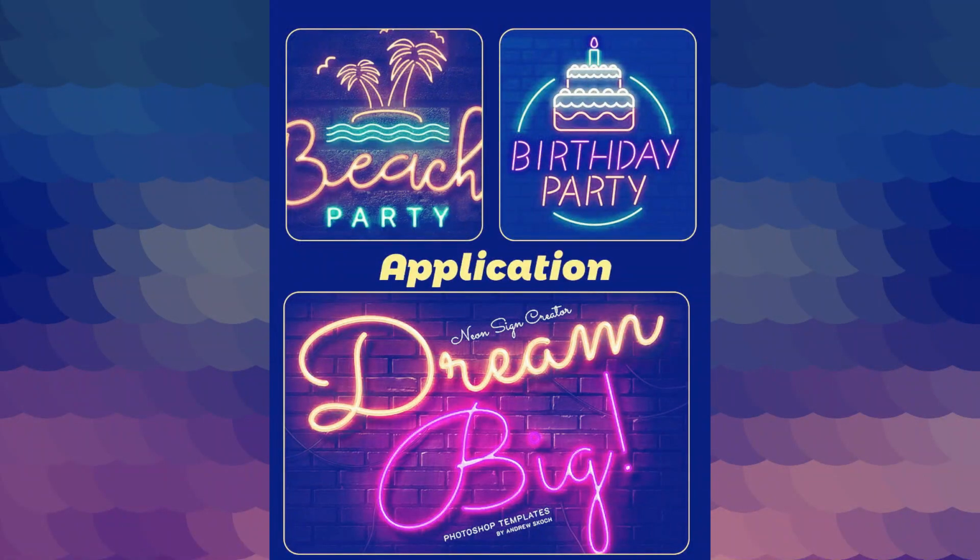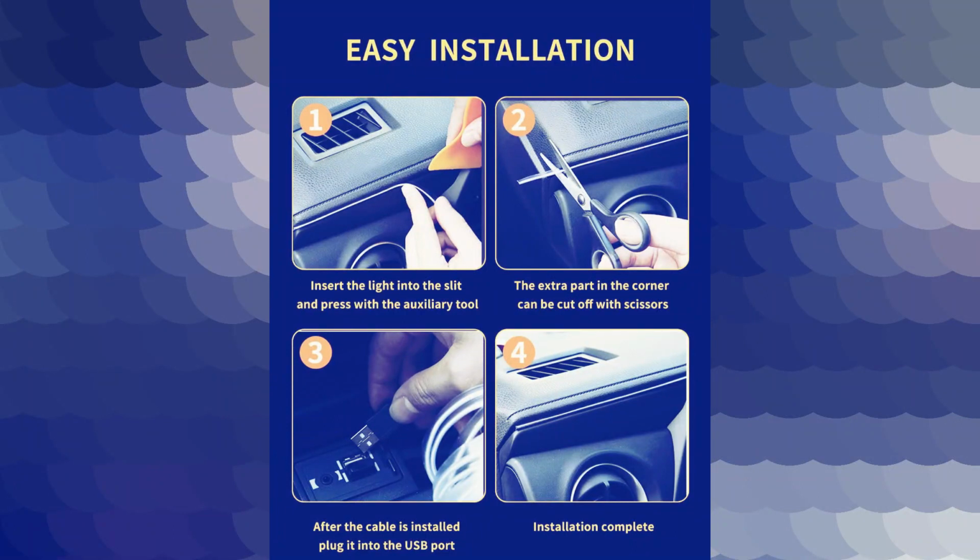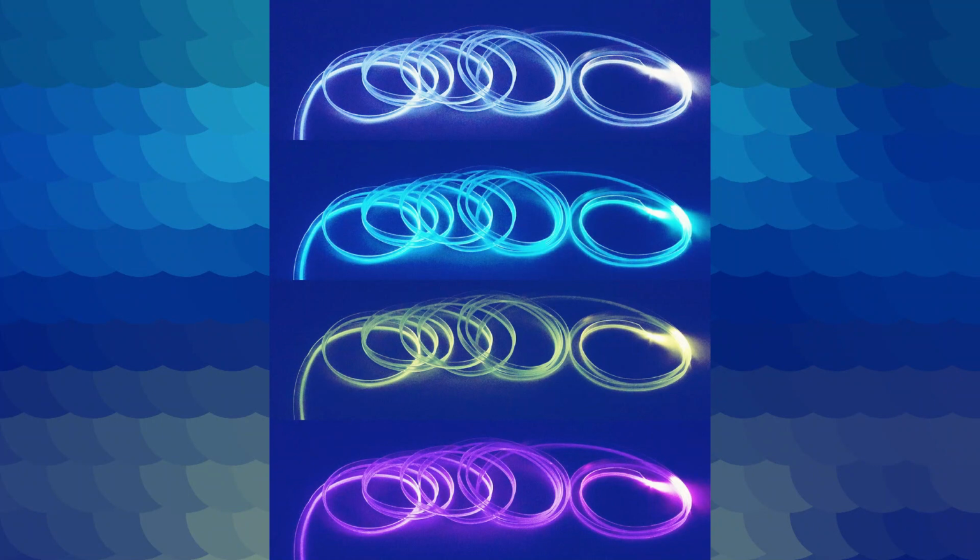Whether you want to line the edges of your dashboard, highlight the contours of your seats, or create a unique lighting pattern of your choice, these strip lights can be adjusted to meet your creative vision. The Yongming Ligh Interior Car LED strip lights are recommended for use in the vehicle interior. They can be easily connected to